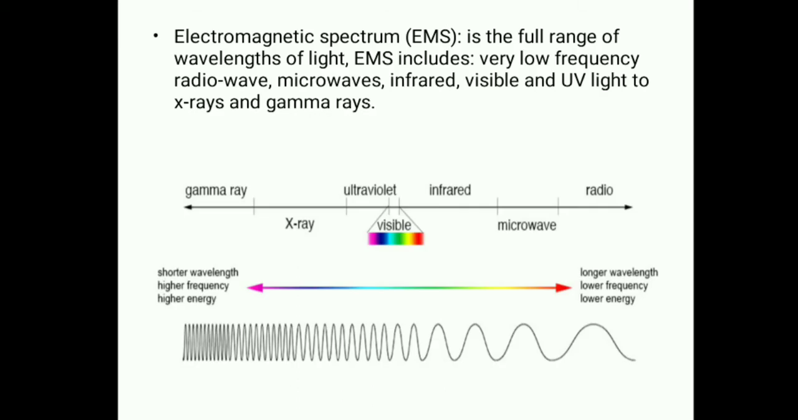Firstly, let us talk about the electromagnetic spectrum. The electromagnetic spectrum is the full range of wavelengths of light. It includes very low frequency radio waves, microwaves, infrared, visible, and ultraviolet light, to X-rays and gamma rays. As you can see in the figure,